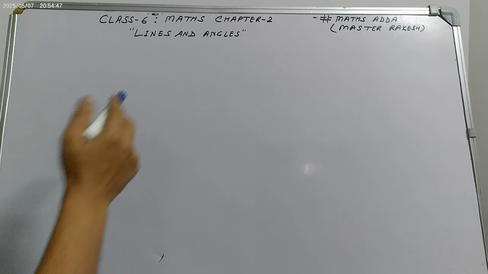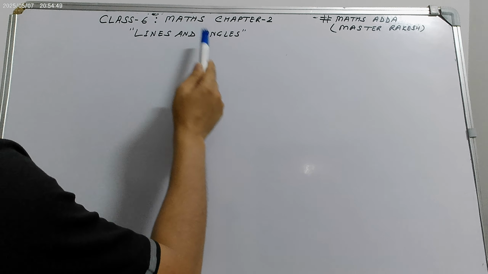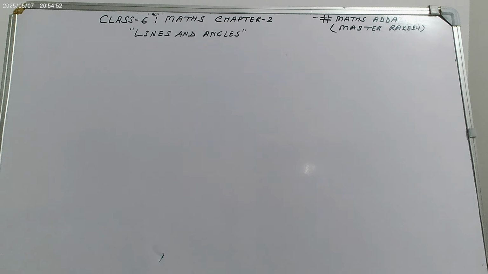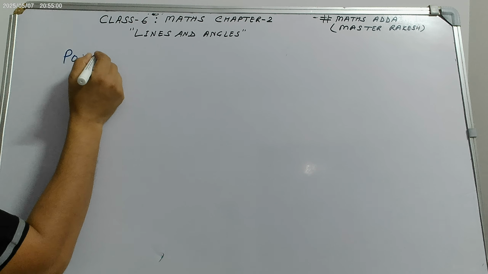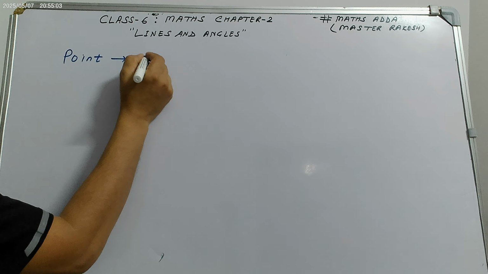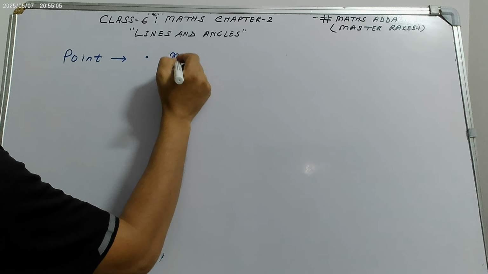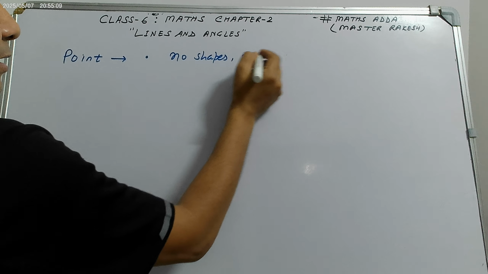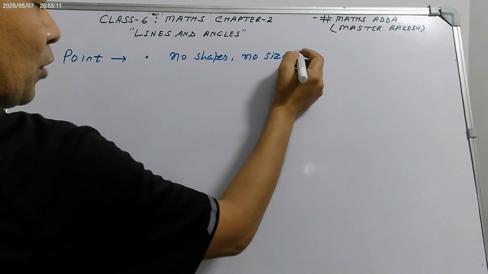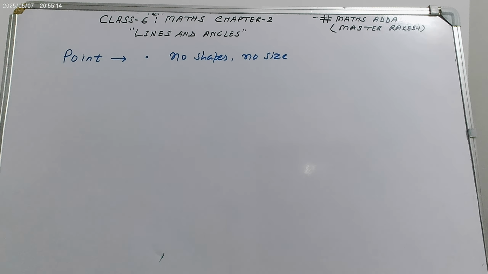Today we brought a topic of class 6 lines and angles, Ganita Prakash book. So we brought a topic for you, lines and angle. We will start with first, point. Okay, a point is what? Point is like this, which has no shape, no size. No size means no length, no width, no height. Okay, so this is denoted by a point on a plane.